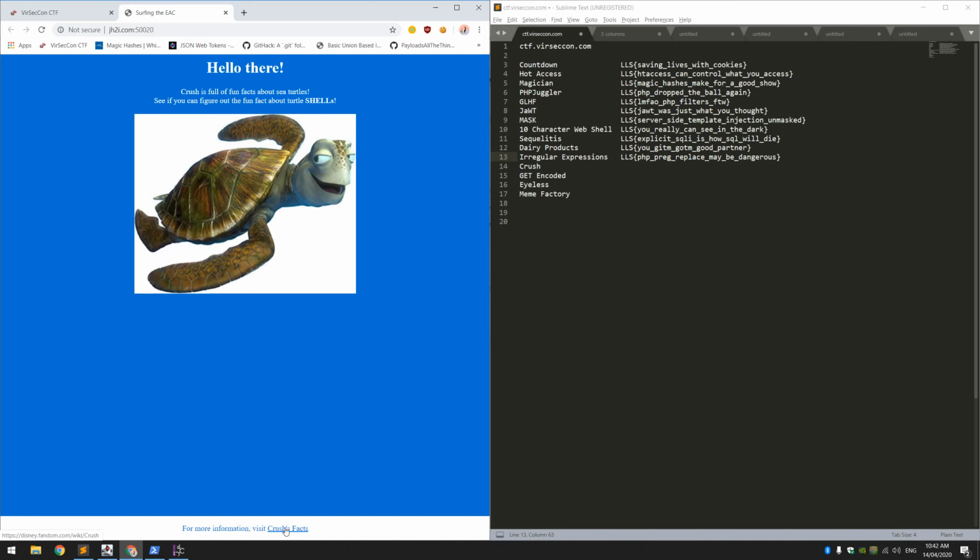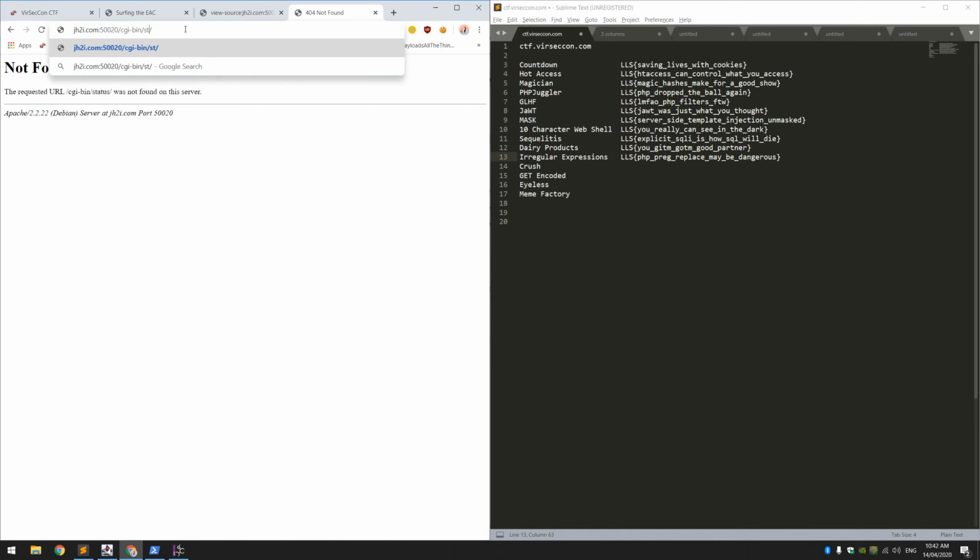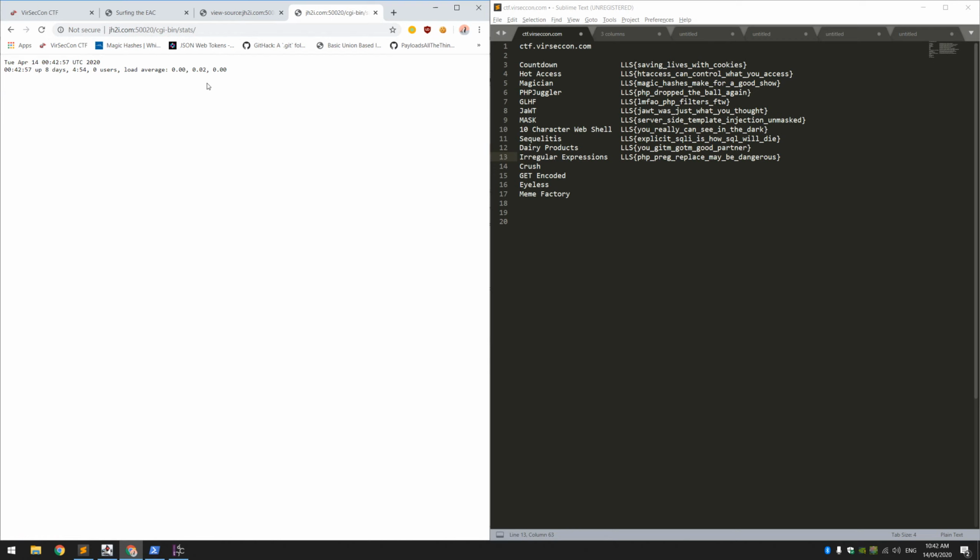I did a brute force on this. There's a few other things like status. Stats? Yeah, it gives you some uptime stuff. This is just a default CGI directory. I played around for a while before I decided to try putting the shell stuff together and